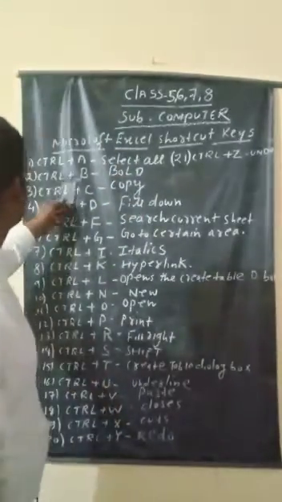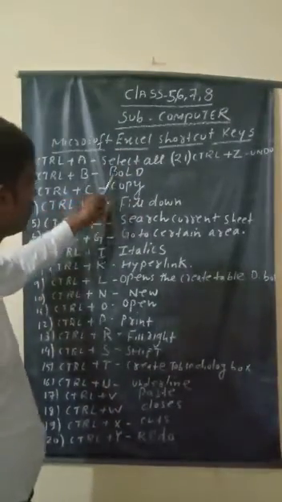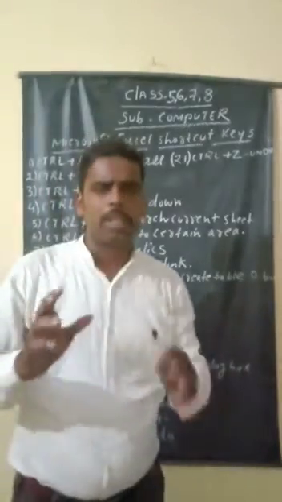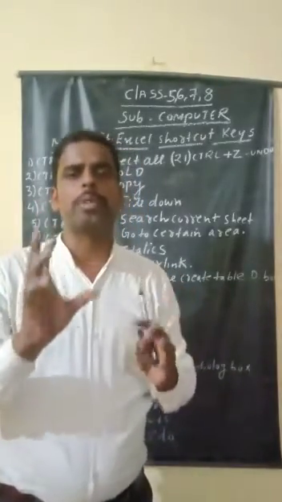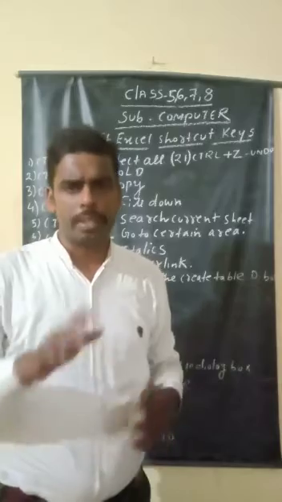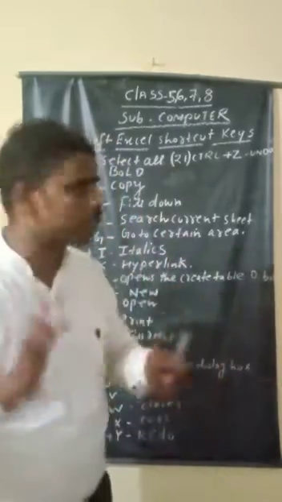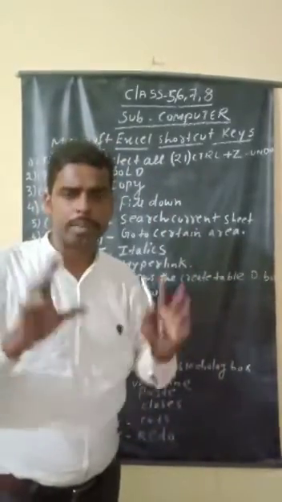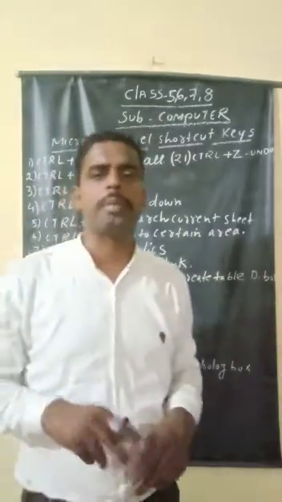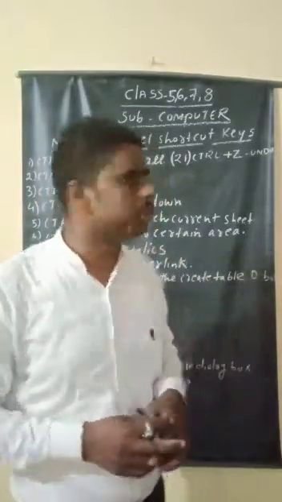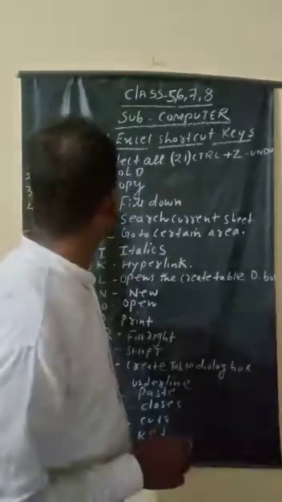Second is Control plus B. Its main function is bold. You know bold. In bold, the word looks dark and heavy. Even if you read it, your eyes focus on the bold letter. So any important notice or any important dates you can highlight in bold letters. So that's why Control plus B helps us.